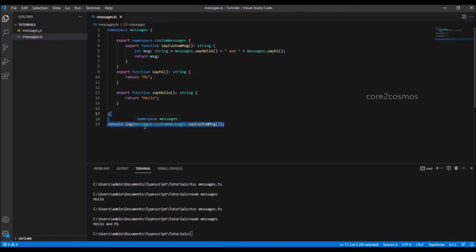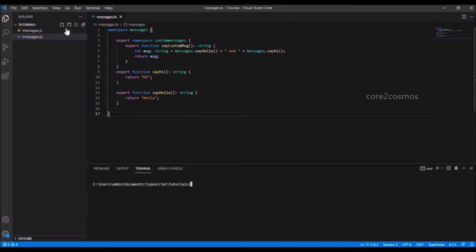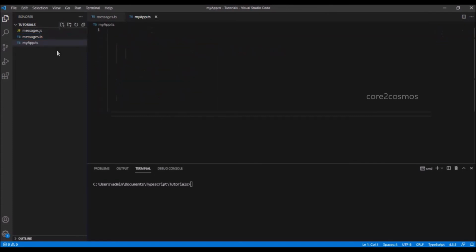I am going to remove line number 18 and 19 and clear the terminal window by saying CLS. I create a new file with name myapp.ts.